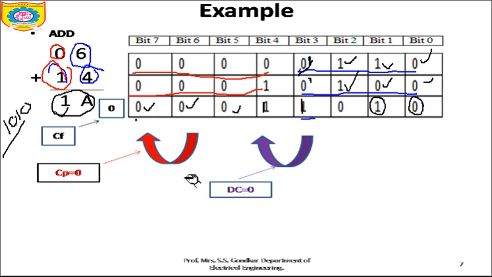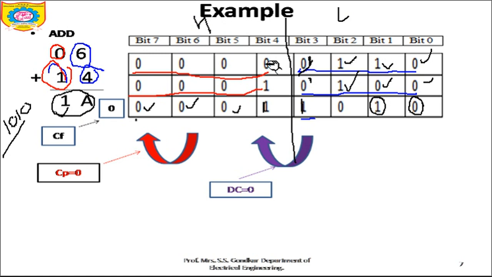Similarly, you can see for digit carry, that is the digital carry flag. So your bit number 3 is here. From the addition of this bit, we are not getting any carry, or any carry is not being carried to bit 4. Like see, when you added these two numbers, 1 and 1, 1 plus 1 is 0, but here you got 1 as a carry. It means whenever you added these two numbers in bit number 2 position, you got the carry at bit 3.